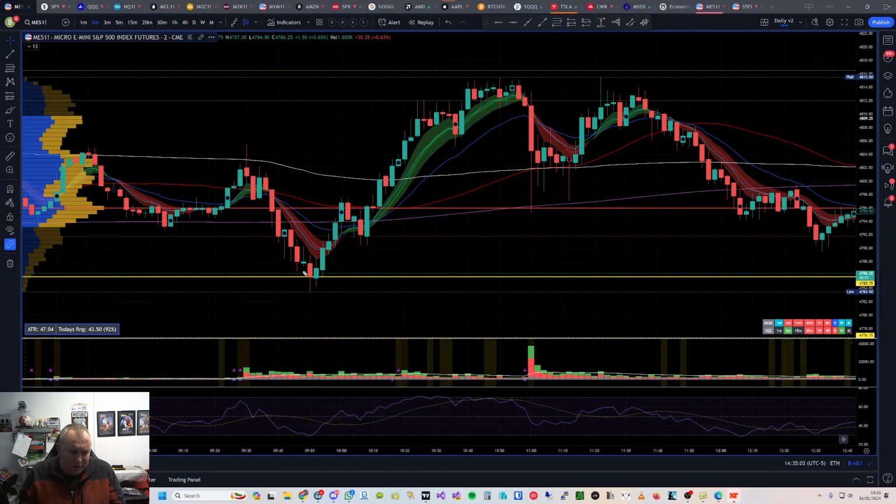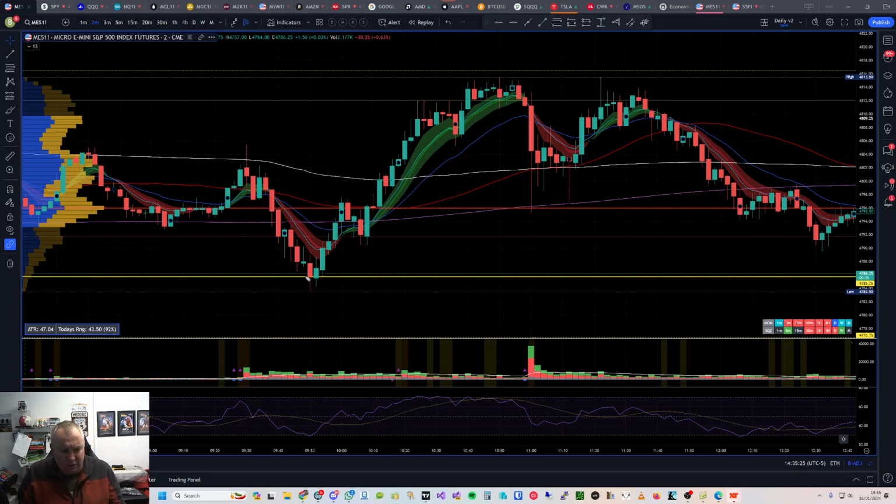So as it came down into there, I saw this topping tail, and I saw extra volume coming in on this bottom candle here. As it came down, it was like a reversal candle on the 5 minute as well, and as it came back up again, so I waited for it to come down, for it to come back up, and then on the next candle I went long at